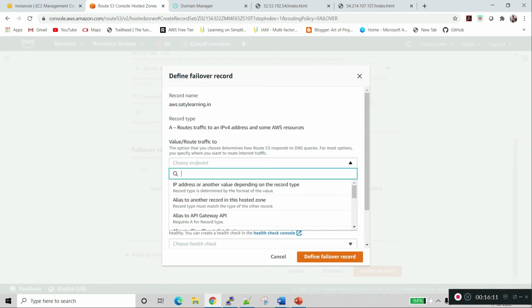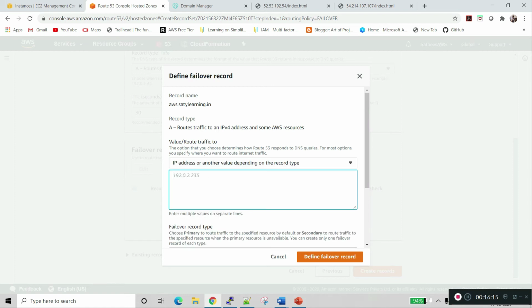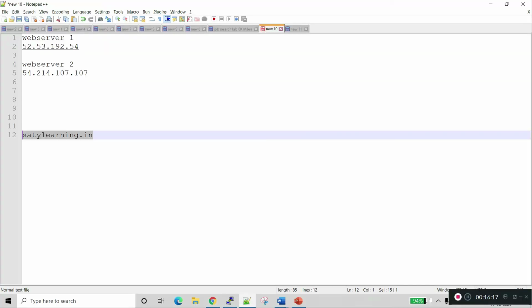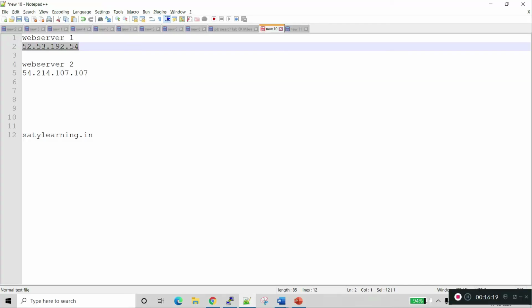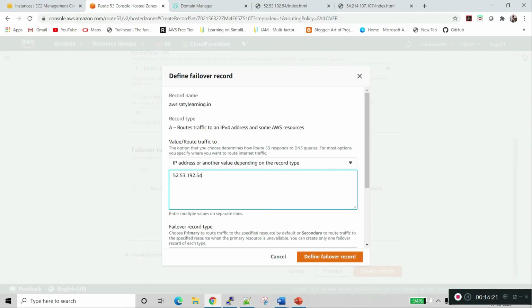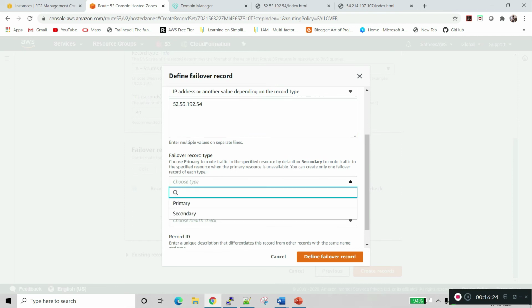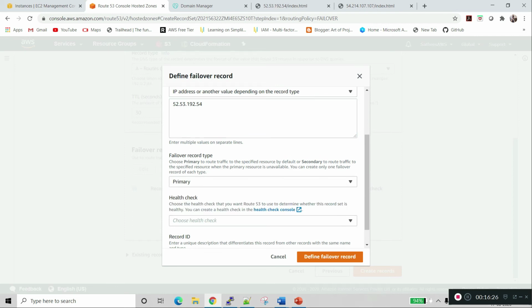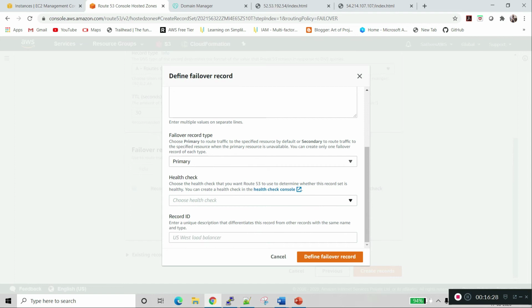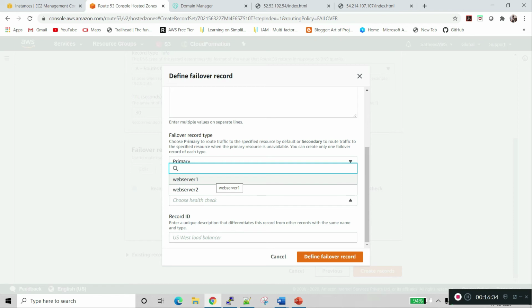Choose the endpoint as IP address, and copy paste the IP address of web server 1. The failover type is primary. This is the primary web server, and the health check we created will come in the drop down. We will select web server 1.